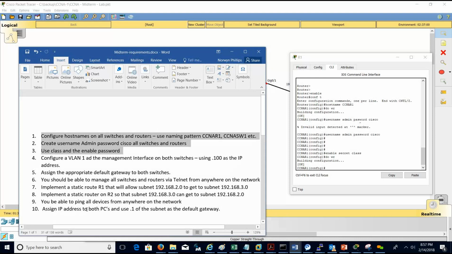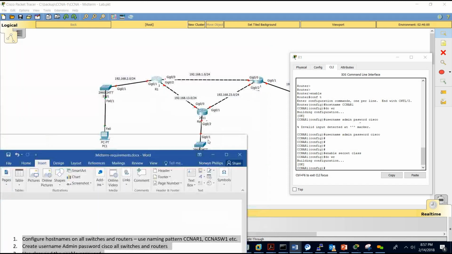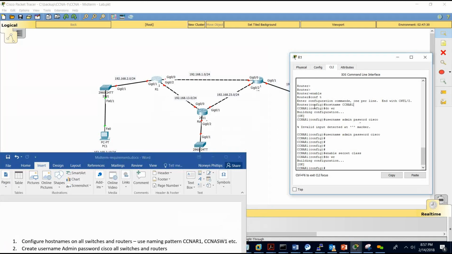Assign IP address to both PCs and use .1 as the default gateway. The default gateway of any PC is the IP address that's assigned to the interface of the router that's in that segment. So in this case, if we go back down here, we're going to go on interface gigabit